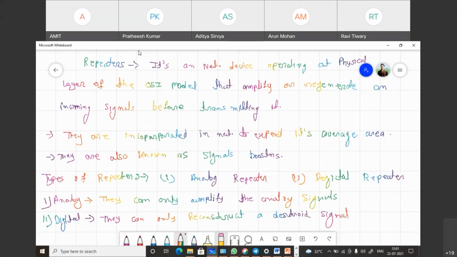Now, what is the meaning of that? First of all, they only amplify the analog signals. Means, suppose that